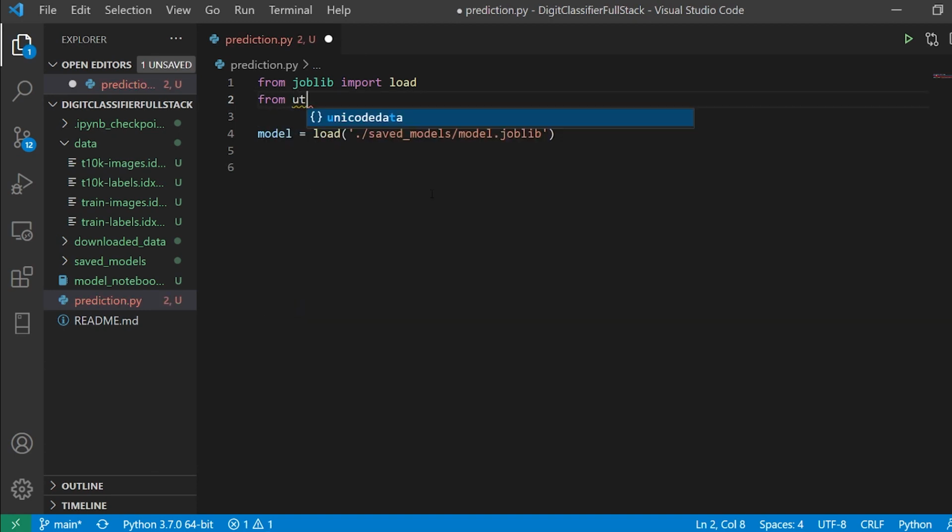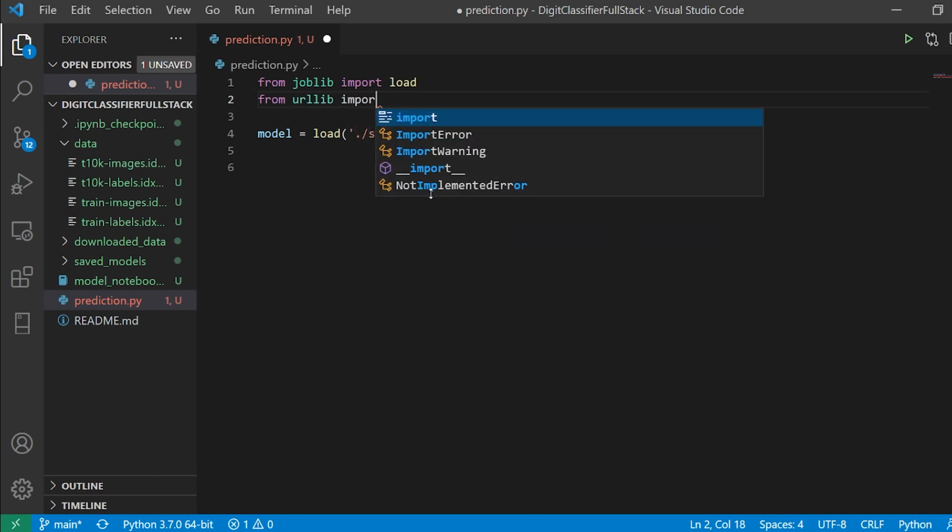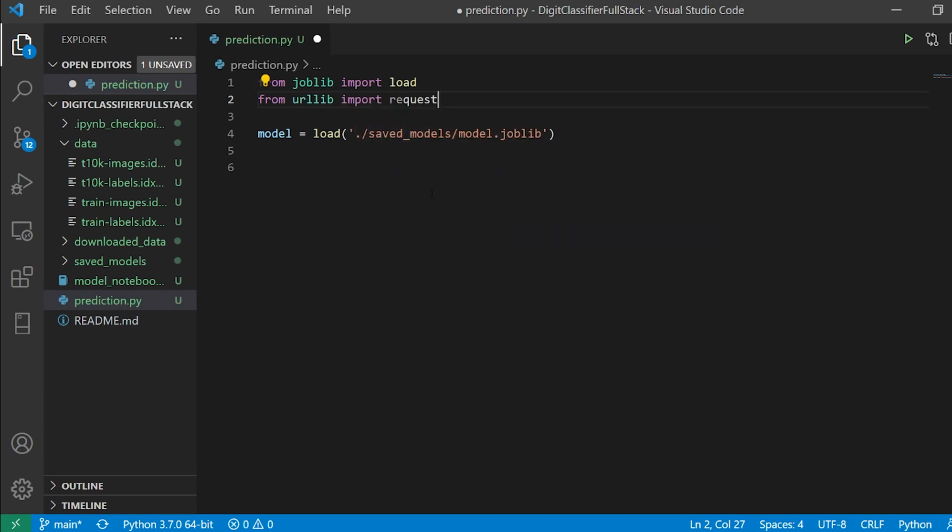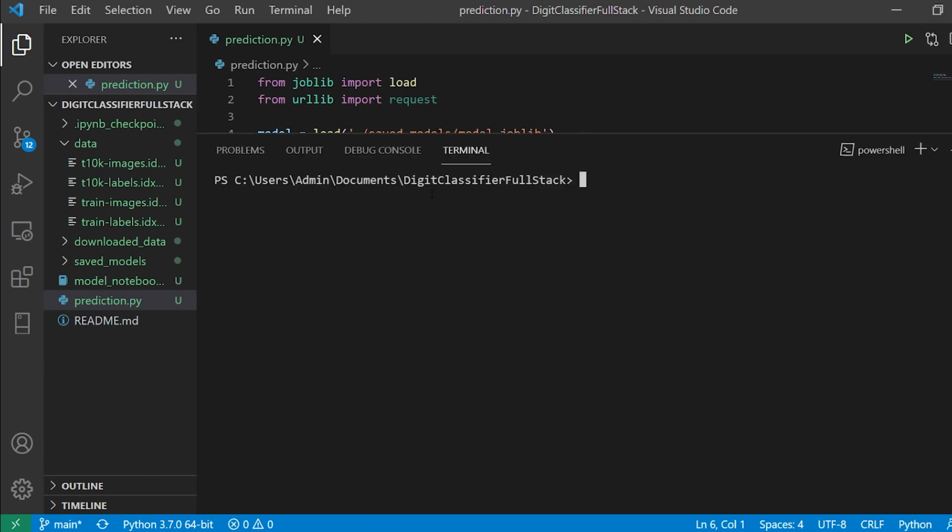I will say from urllib, I'm going to import request. This request is going to help us download the files. Right before doing that, I'll make a new folder, because I like my file structure to be very clean. So here I'm going to say mkdir, that is, make directory.